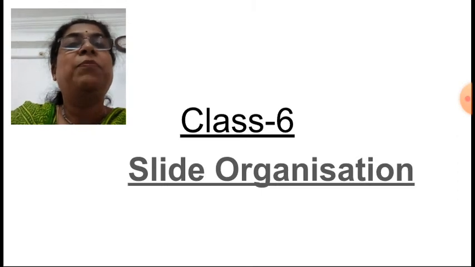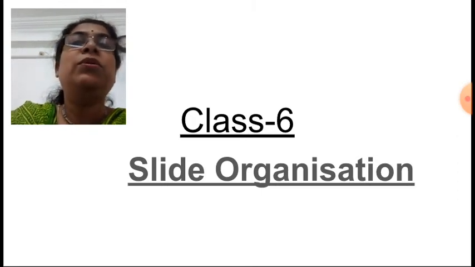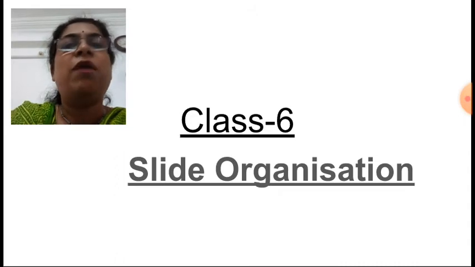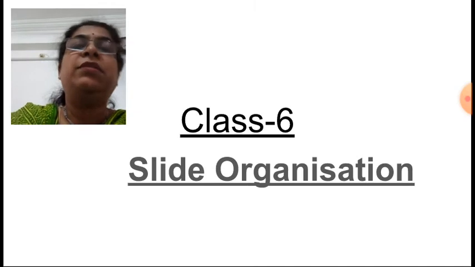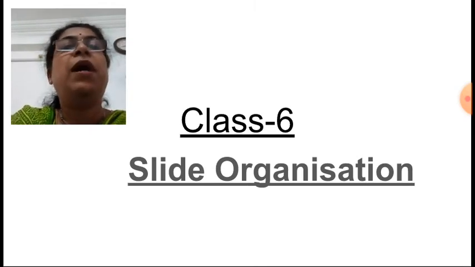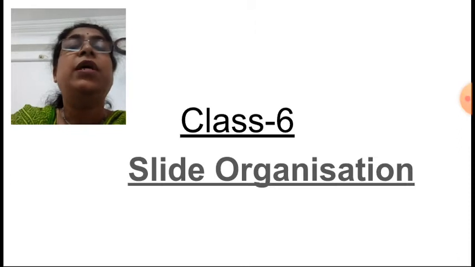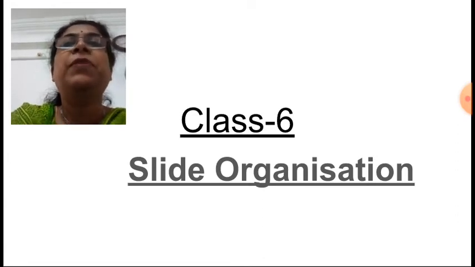Okay, today we are going to learn the chapter slide organization. What is meant by organization? Here, organizing the slide means once we have made the slide, we can edit the slide. Means we can change the text or color for the text, and we can insert shapes, extra shapes or clip art, or we can make it more attractive. That is organizing the slide. Means however we want the slide to be more attractive, that way we can do it. That is called the organization of a slide.